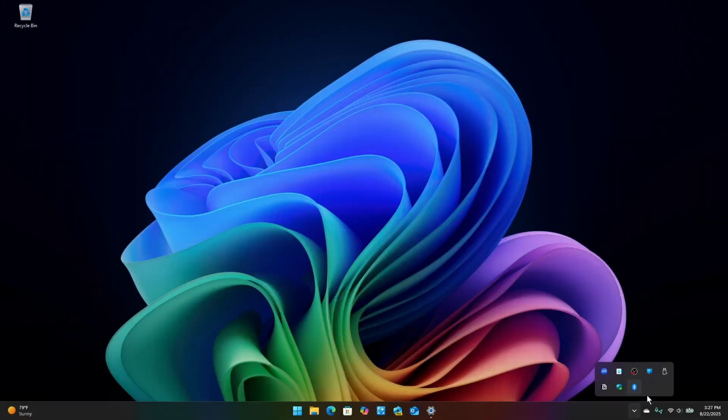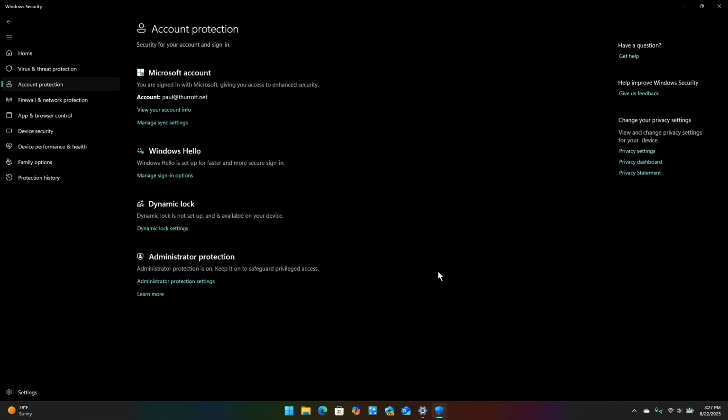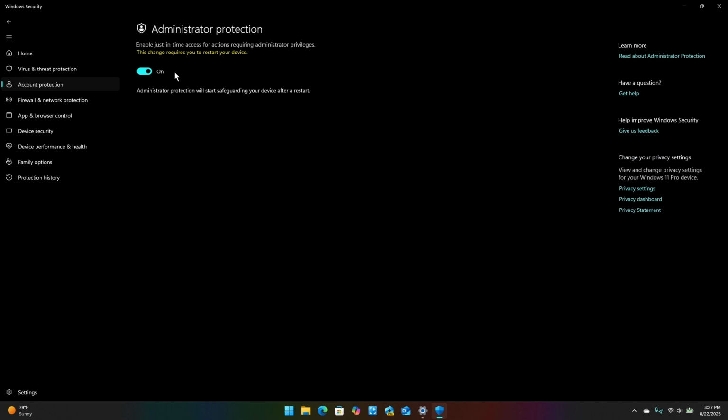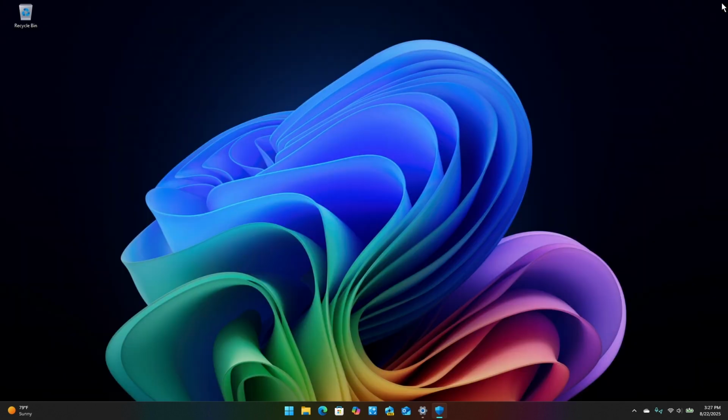So if I go in there right now and find Windows Security, this is in dark mode, so it's a little easier on the eyes if it ever loads, and go to account protection, you can see this here again, same thing. There's one setting. This is it. It's on or it's off. So it is on. Now, I can't show you the prompt, but what I can tell you is that you